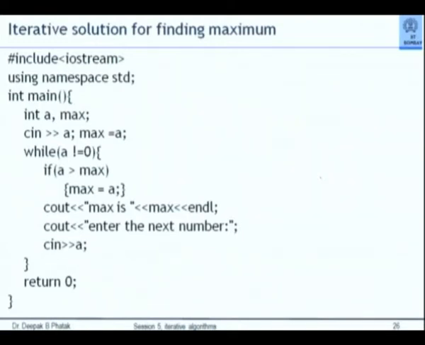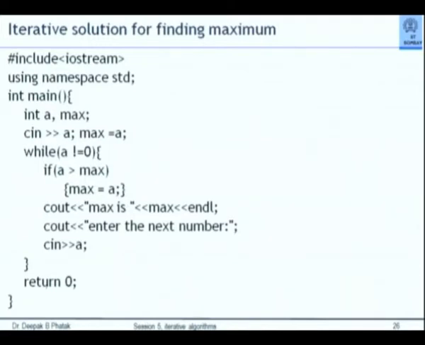Now can you see how many lines are there in this program? 1, 2, 3, 4, 5, 6, 7, 8, 9, 10, 11, 12, 13, 14, including closing braces, etc. How many executable instructions have you written? Start with cin greater than A, max equal to A, while A not equal to 0, if A greater than max, whatever. An 8 to 10 line program. But now, do you understand that legitimately you can say that I have used the power of C++ to write just a 10-line program which can find the maximum of a million numbers? Because it doesn't matter how many. Million positive integers.